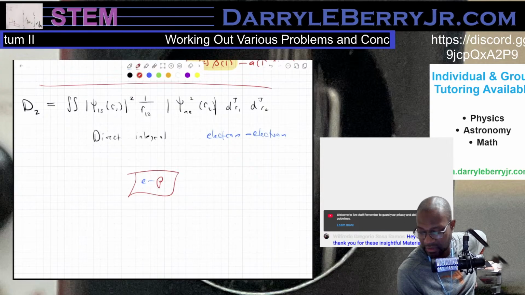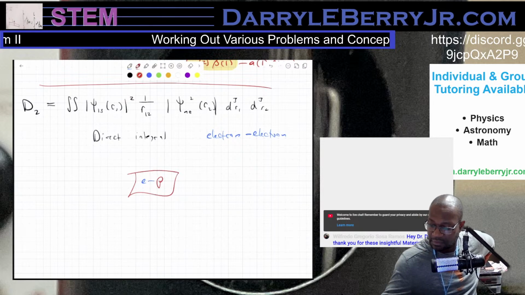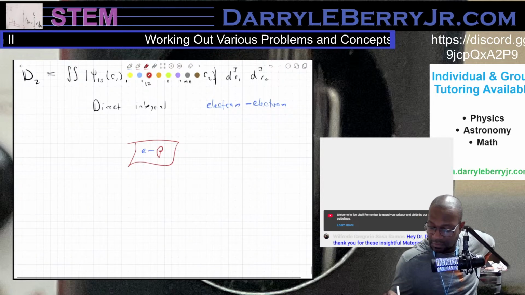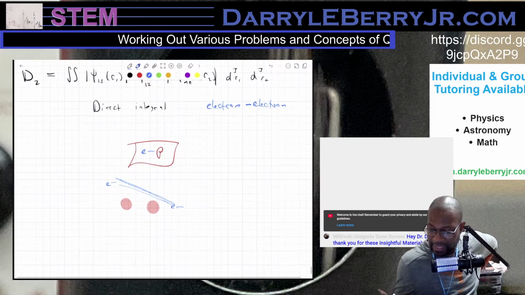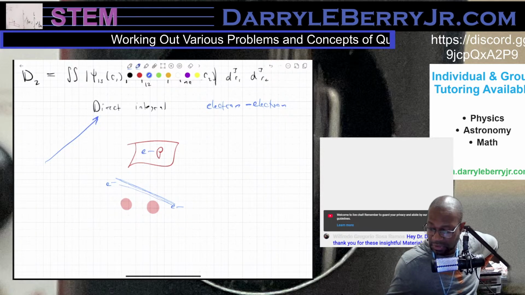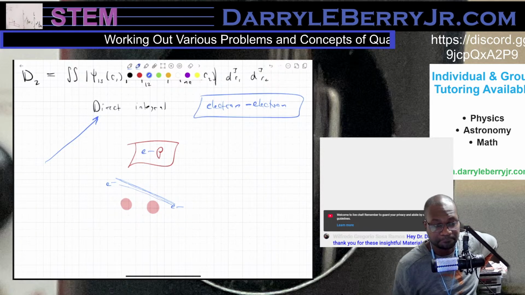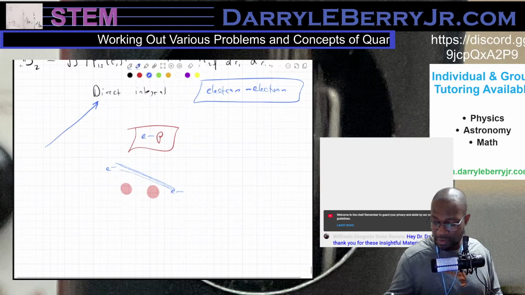So this is for a regular helium atom where you have a proton and an electron. And these two electrons are going to be interacting with each other, and this direct integral carries that out. There's also a cross term,